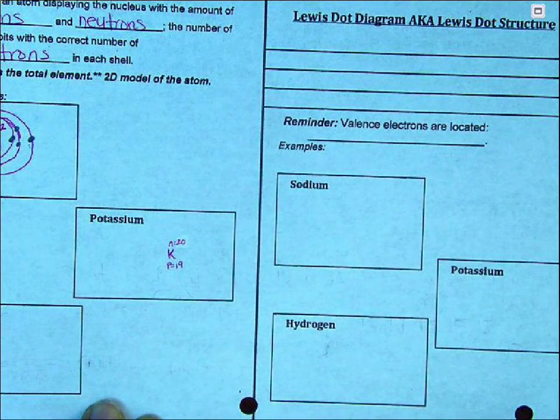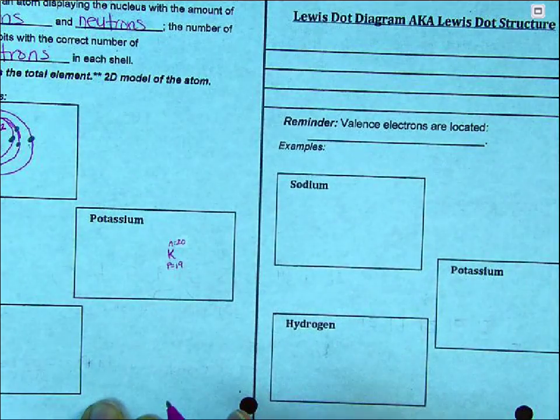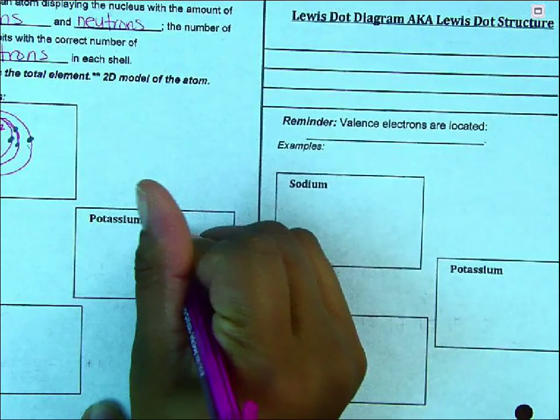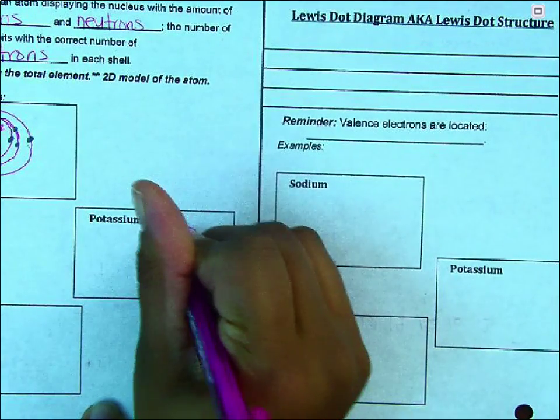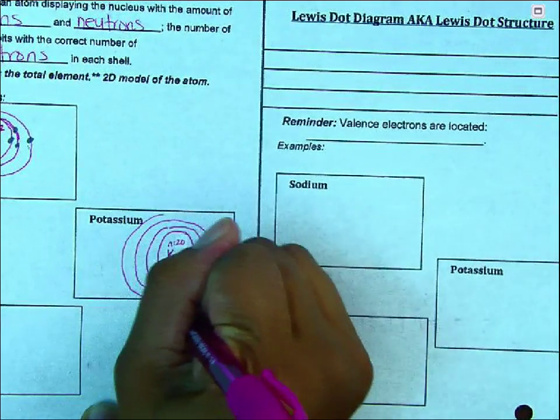The fourth row. Remember, rows are found horizontal. Periods are found horizontal. Groups or families are found vertically. So how many shells should it have? 4. So 1, 2, 3,